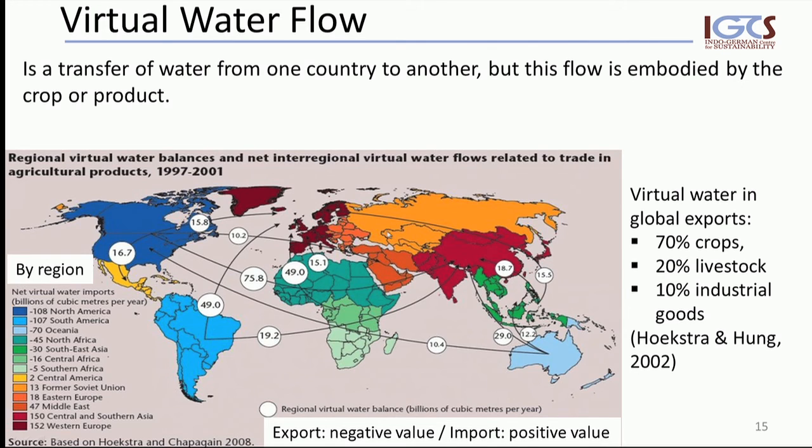And we see that the world essentially is divided into large regions which export virtual water, where a lot of agricultural production takes place, and where this virtual water is being removed from this region and exported and used in some other regions, and some regions import a lot of water in addition to their internal